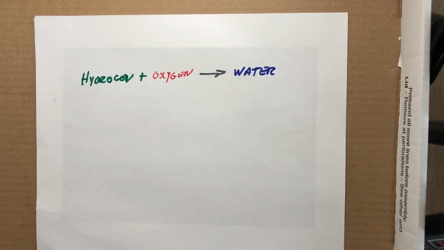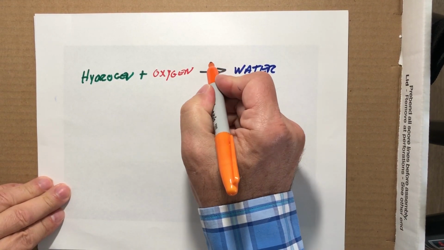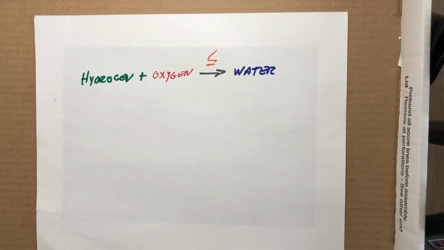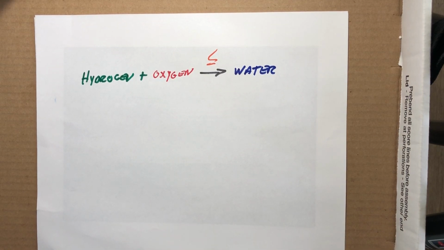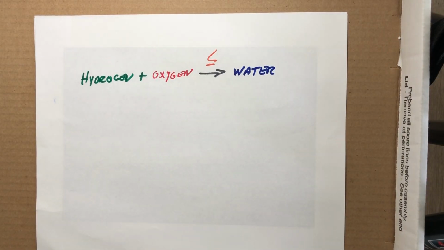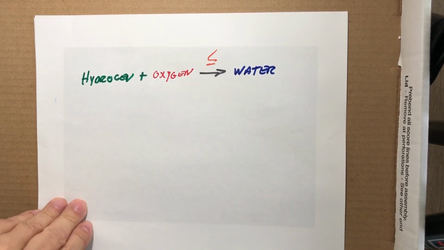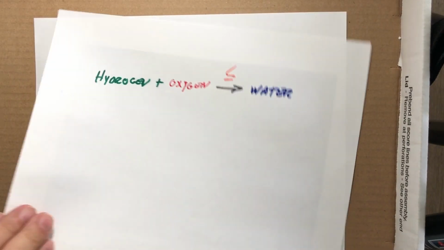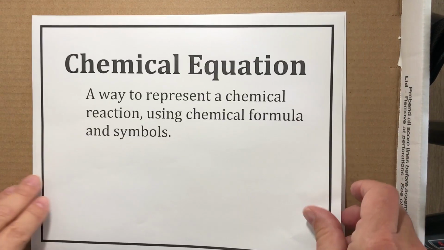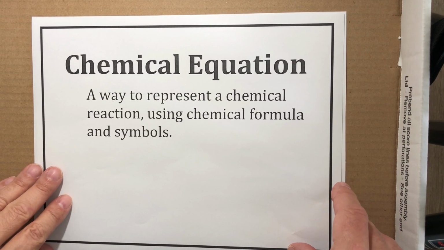And for the reaction itself, we actually don't use an equal sign, but we use this arrow, and we actually got a little bit of heat, light, energy released. So let's take a look at a chemical equation for this reaction. And so I'm going to put down this definition, which should be a review at this point